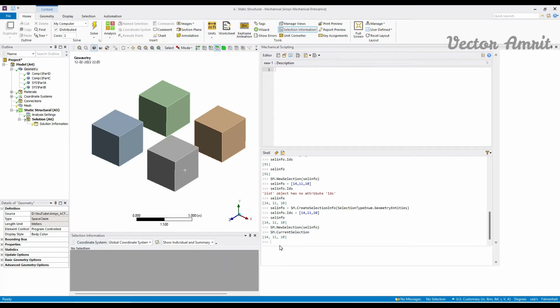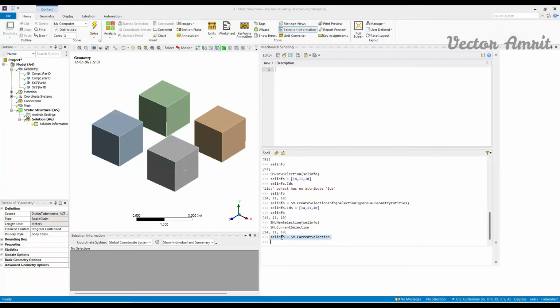So what you can do is you can just do cell info is equal to sm dot current selection. So as you know, this is actually returning a selection info, and our intent of this selection info was also a selection info. So if I rerun that, you will see selection info is still a type of selection info, and its IDs